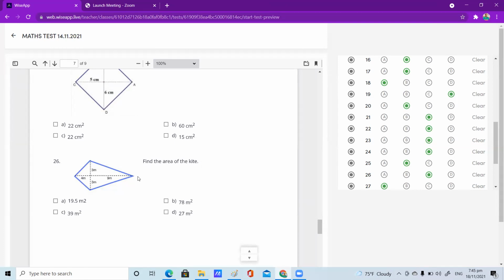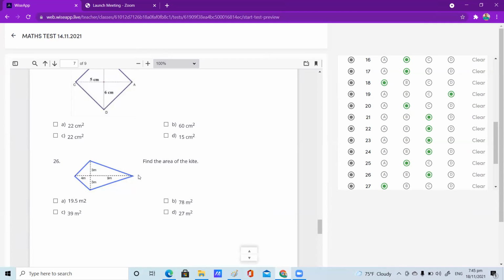Good. Ma'am, what if it was different? In the calculation part only, children and students are making mistakes. The rest they can remember. Only calculation needs to be taken care of. Ma'am, here I was doing one triangle, the small one and the big triangle area combined. Okay. The same answer you are getting.